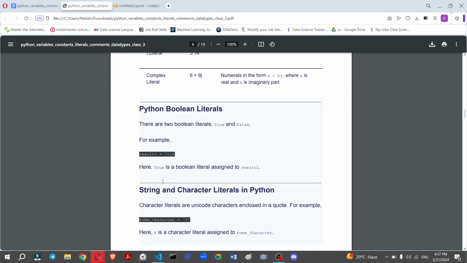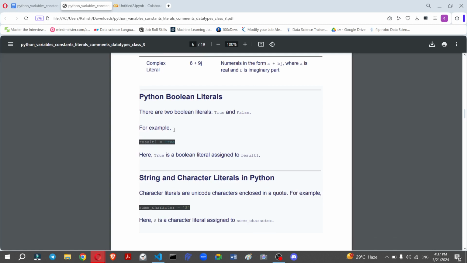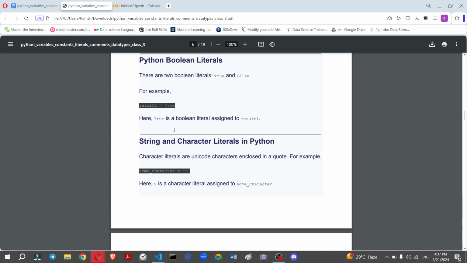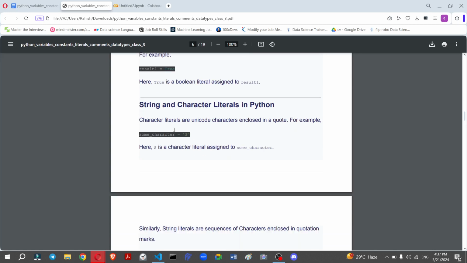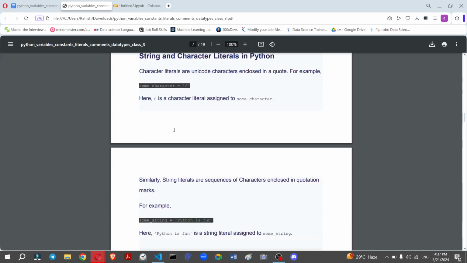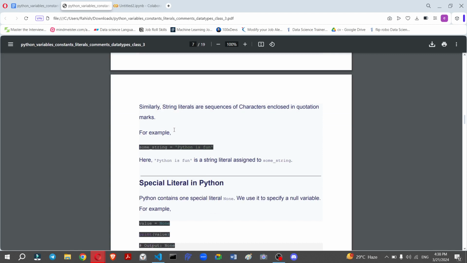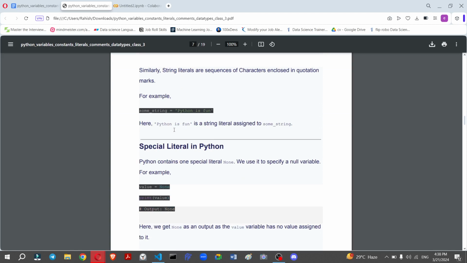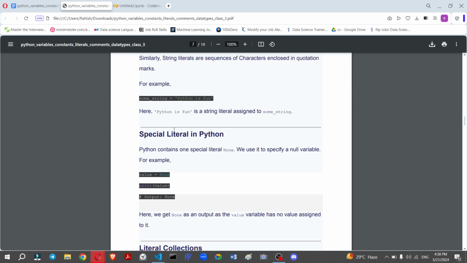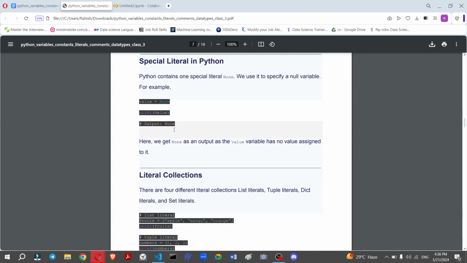And now we go through the Python literals. They have a boolean, which means true or false, and the string character. When we pass single characters or pass double quotations, it is called a string. And after that we have some special literals in Python, for example None. If the value is defined but I don't want to pass any value to the variable, at that time we use None. And literal collections means we use some important data types like list, tuples, dictionary, and